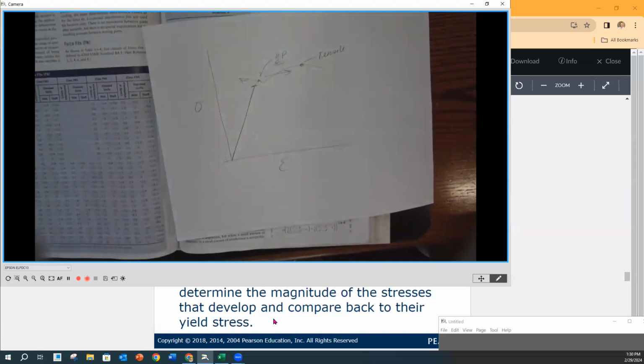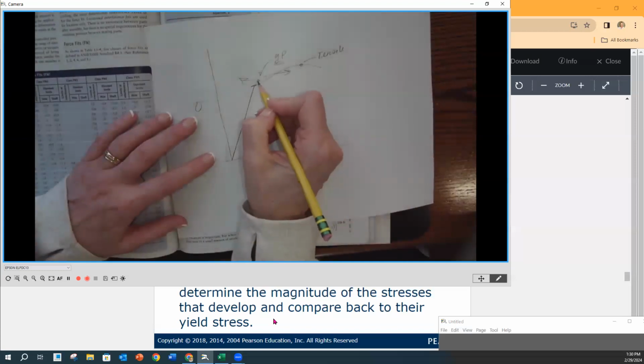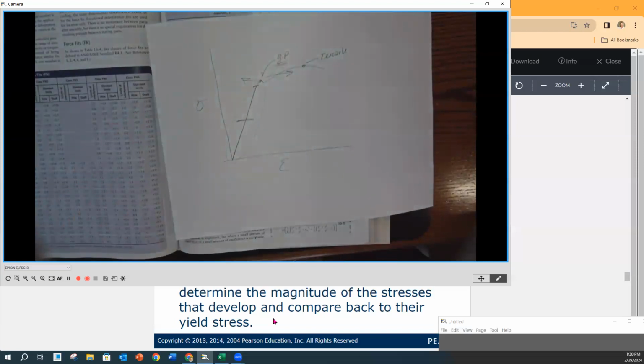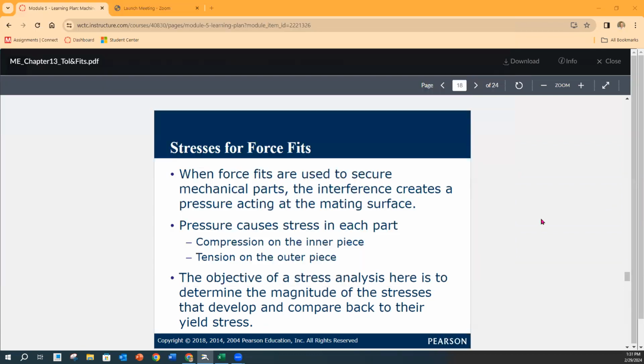That's why we apply, for instance, factors of safety, so that we don't get close to the yield point. If it's a factor of safety 2, maybe we end up about half that distance. Okay, because we don't want to get close to it, because we know right after it we're done. Okay, so when we look here and we look at the stresses that are induced because of the pressure, we